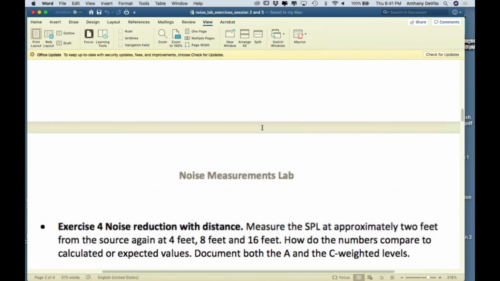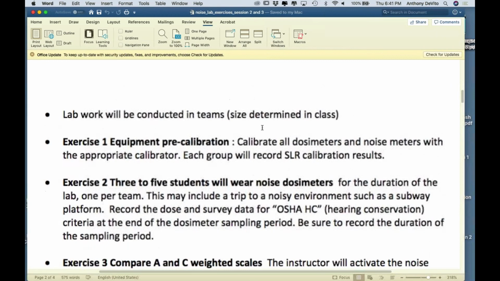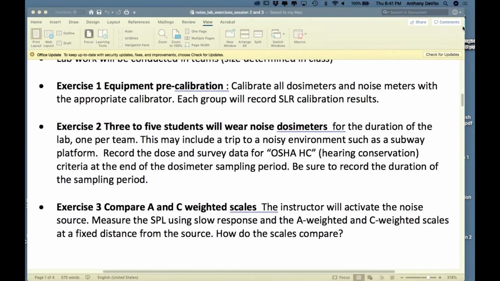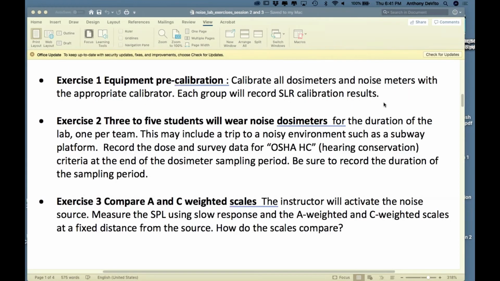Okay, so I have 8 exercises on here. A couple of them are things we don't really have the equipment for, so we're going to simulate them. I'm going to talk about what we would expect the result to be if we actually had the equipment. So the first thing,